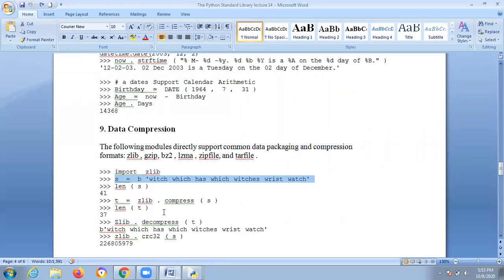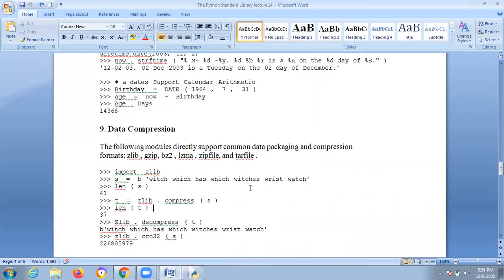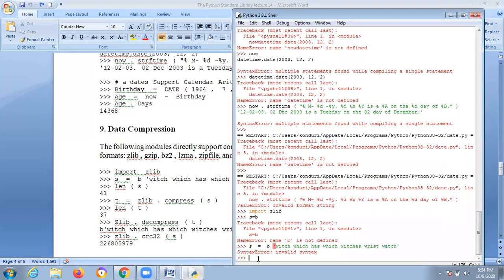Here the following is directly about common data packing in compression format only. s is equal to something you are giving. Here what you are doing is compress. Otherwise you can give directly.